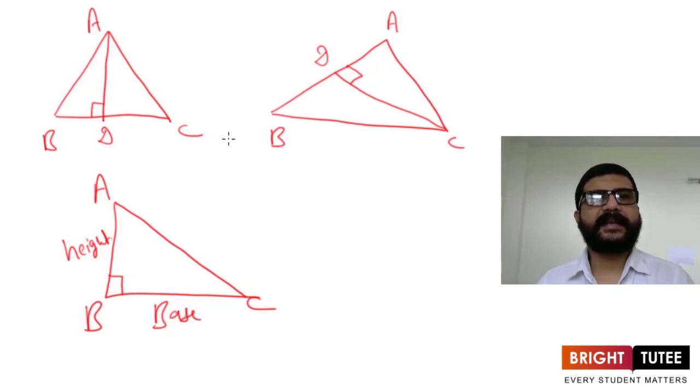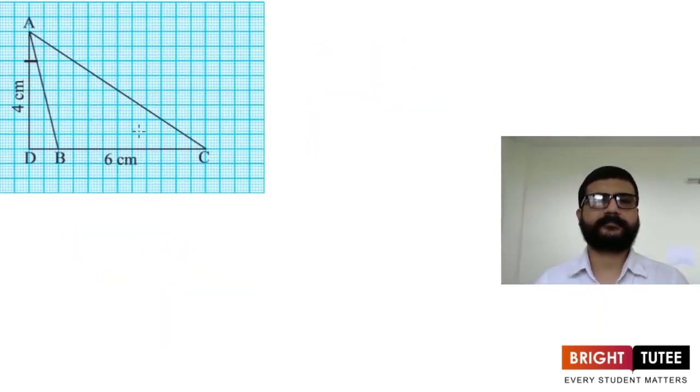We have studied all these things while studying the properties of triangle. So in which case it will be possible that height or altitude is lying outside the triangle? It will be true for obtuse angled triangle. So let's consider one obtuse angled triangle now. Now let's consider this triangle, triangle ABC. Here angle B is obtuse angled. So here we can say that triangle ABC is obtuse angled triangle.